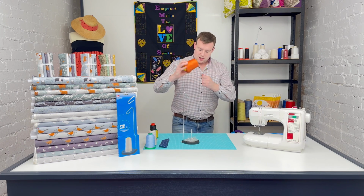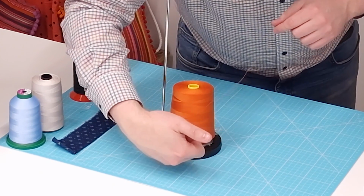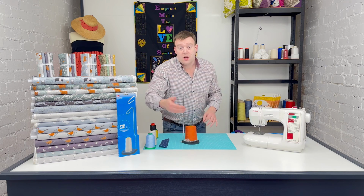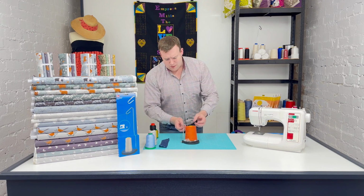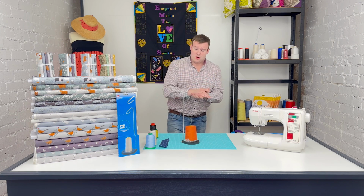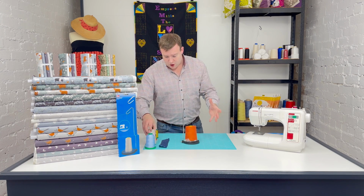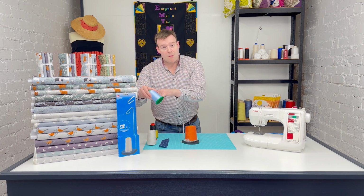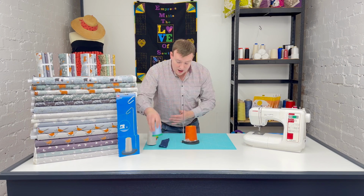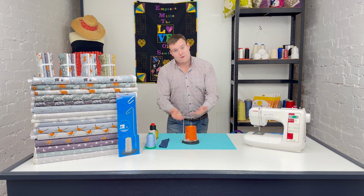So if I just get a piece off here, as you will see, that sits snugly and it stops any movement, any ability of that thread to drop off the bottom, which again, doesn't matter when you're working with this. This is one of our Thread Plus cones. It holds itself together nice and well because it's a cotton outer, and the same with a 50 to 100% cotton, for example, for quilting. But if you're working with a machine embroidery thread, for example, that didn't have a base to its cone, then just that handy little tip will save you so much time. It will stop that thread from slipping off